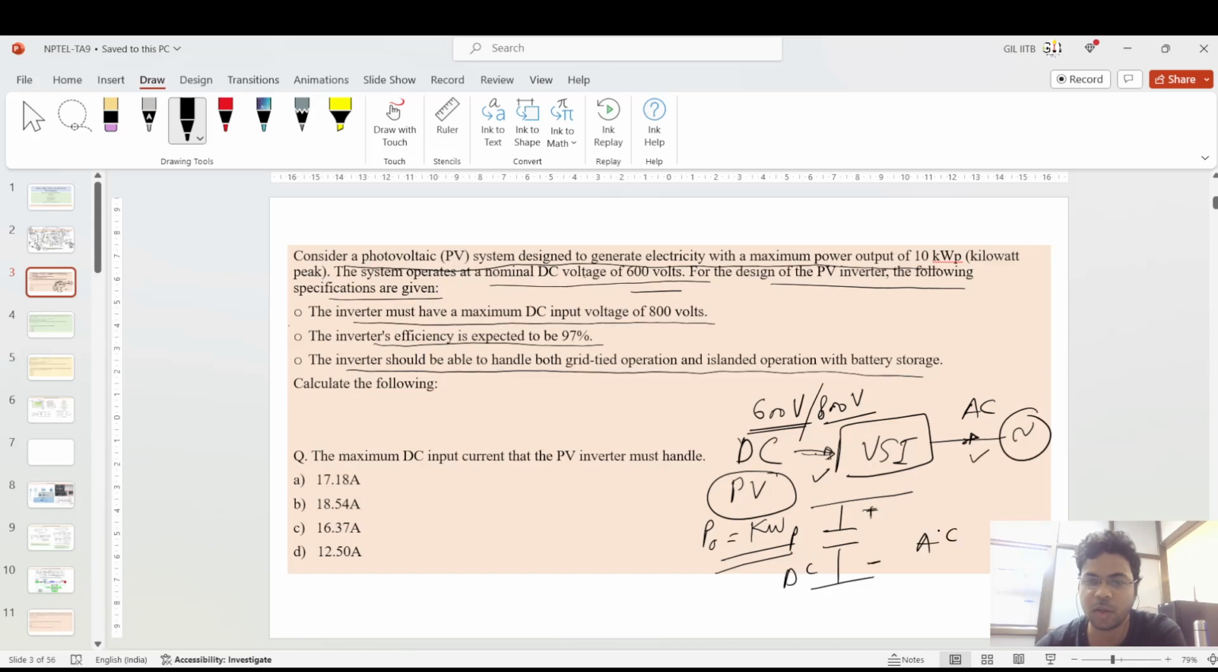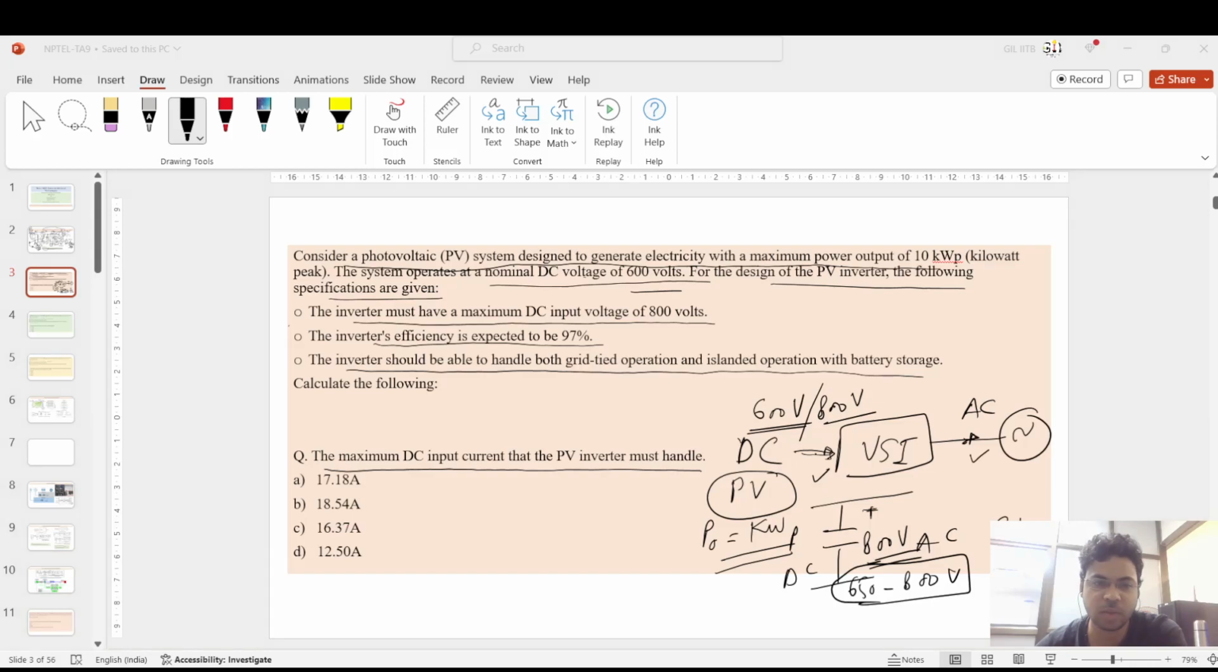Why? Because the DC bus bar, which connects the DC side to the AC side, should be maintained at mainly 650 to 800 volts for conversion, to get the three-phase supply with a magnitude of 230 volt phase and 50 hertz. And maximum it can go to 800 volt. Okay, so the first question is: what is the maximum DC input current that the PV inverter